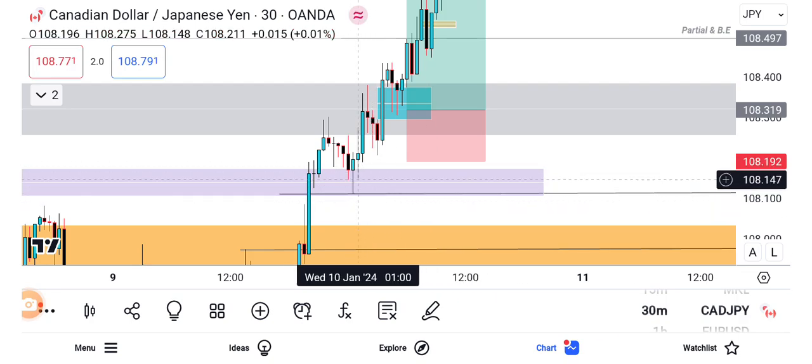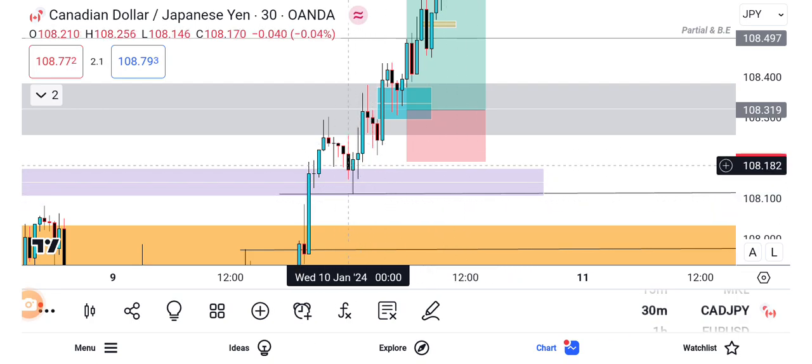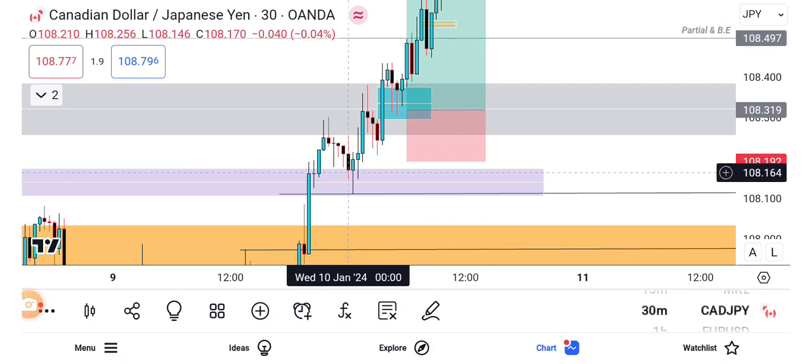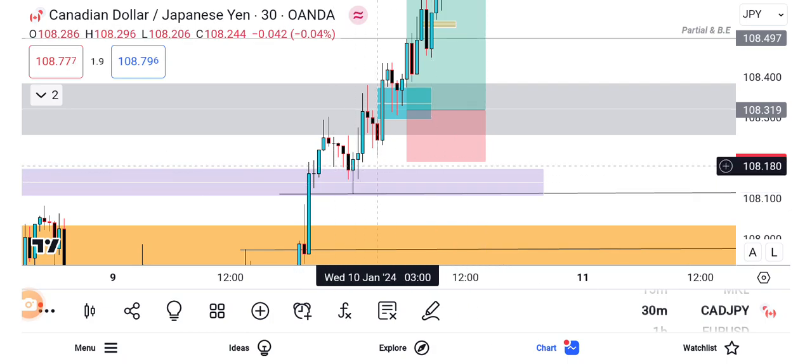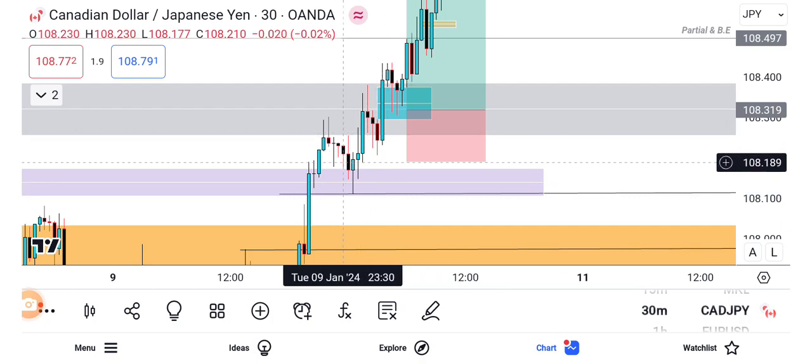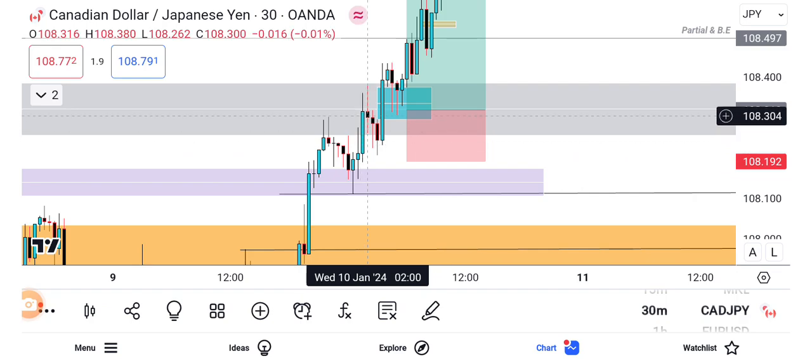3 hour inversion fair value gap, and the candles were respecting this inversion fair value gap by the closure above these candles, closure above the 3 hour inversion fair value gap. So this was giving me confirmation or more confluences that the price action over here is really bullish. So then it rallied higher, we can see the reaction of the main threshold of that daily order block, rallied lower,